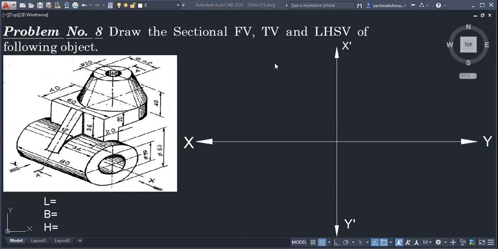So at the beginning, we just try to draw the front view, top view, and side view of the given object as usual. At the end, we take the section and show the changes that happen. Once the object is cut, many changes are going to happen, and we have to make them at the end. Are you observing the object clearly?